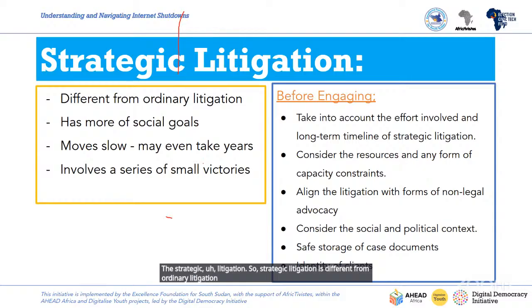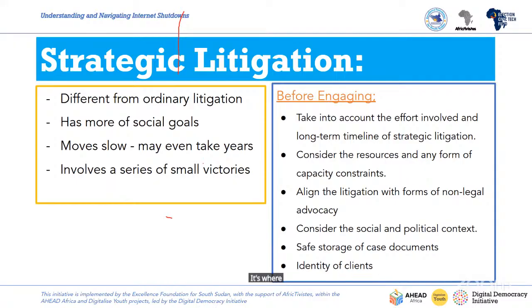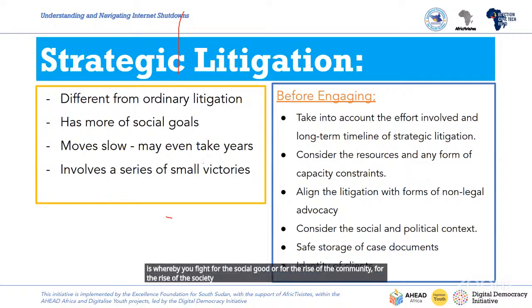Ordinary litigation is sometimes all about individuals, whereby you're trying to fight for the rights of an individual. However, strategic litigation is whereby you fight for the social good, or for the rights of the community, or of the society, or of the nation as a whole, or even humanity sometimes.